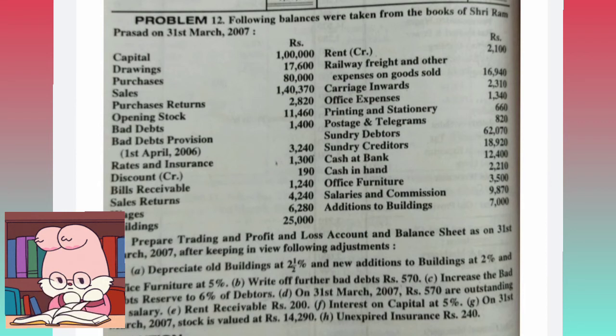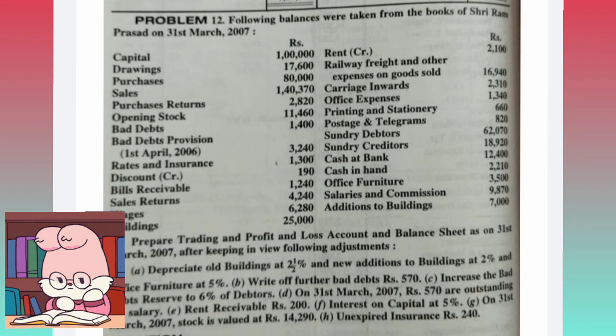Next is rent receivable. Here we have the rent income credit balance of 2100, which we have credited on the P&L account. Rent receivable means it is an accrued income. It will be added to the rent received account, and it will be taken to the asset side of the balance sheet. Interest on capital at the rate of 5% is an expenditure to the business, so debit side of the P&L account, and add it to the capital on the liability side.